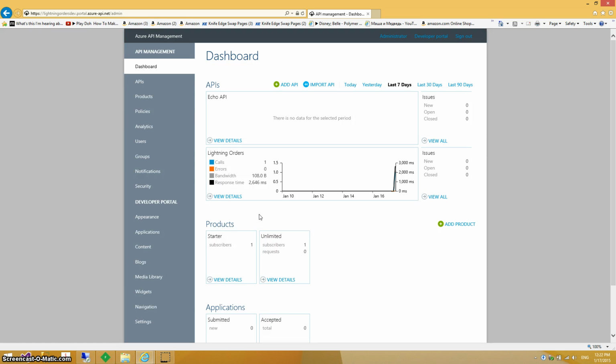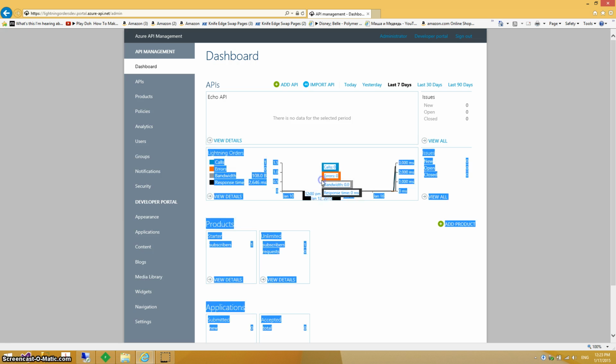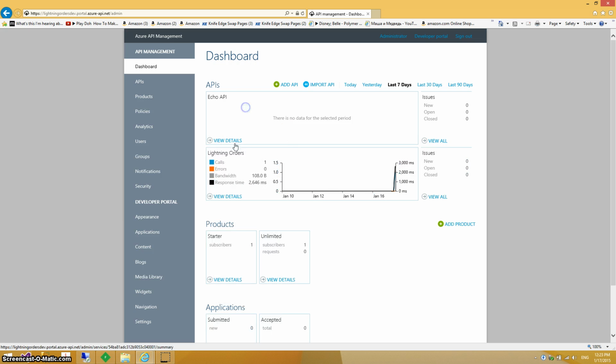Alright, I'm going to demonstrate how we're going to manage the API. Basically, this is our API portal. By using the API management feature, we can see how many calls, it's kind of like Google Analytics. For example, at this point we have two APIs: Echo API and Lightning Orders API. Echo API is just a test API for demonstrating this, and then Lightning Orders, that's where we're going